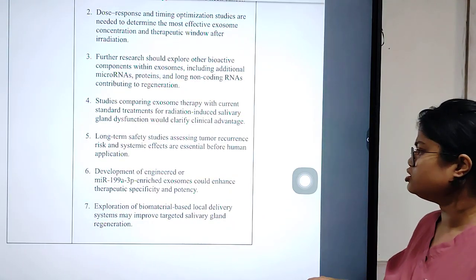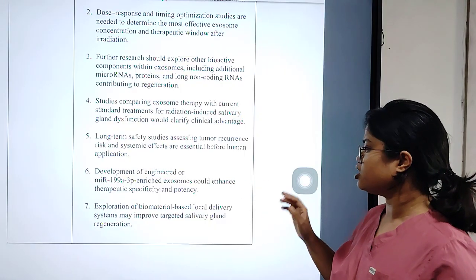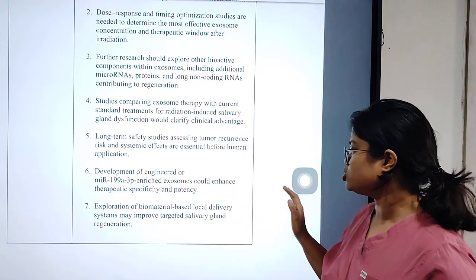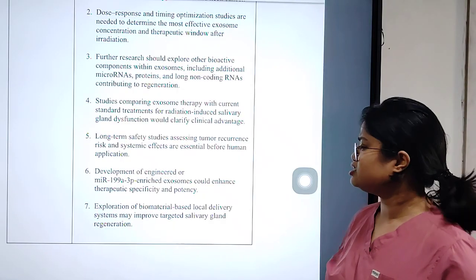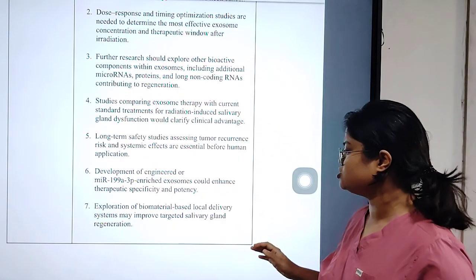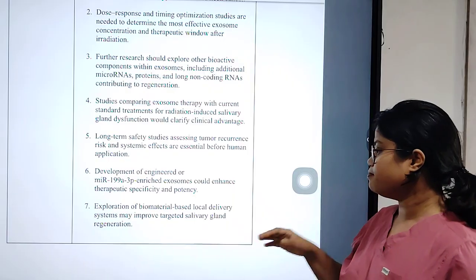Development of engineered, enriched exosomes could enhance therapeutic specificity and potency. And lastly, the exploration of a biomaterial-based local drug delivery system may improve target